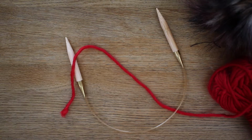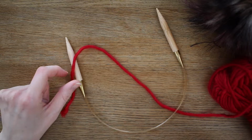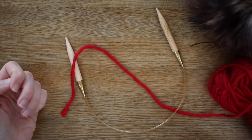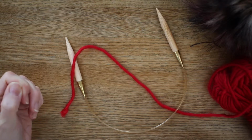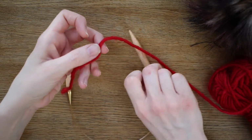Hi, okay, so today I'm going to show you how to do a basic cast on. This is a great cast on if you don't need a particularly springy cast on, and it is really useful if you're doing things like blankets and scarves and so on. It's also known as knitting on, and it gives you quite a nice neat edge as well,